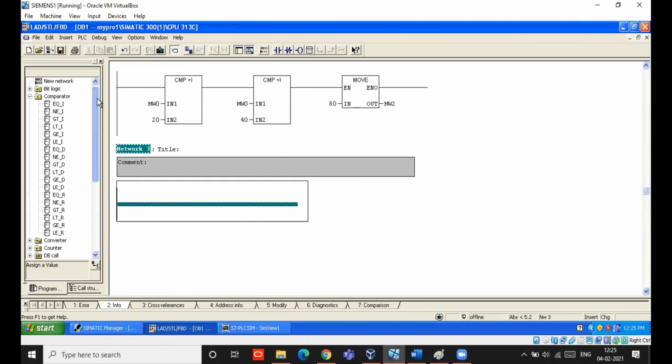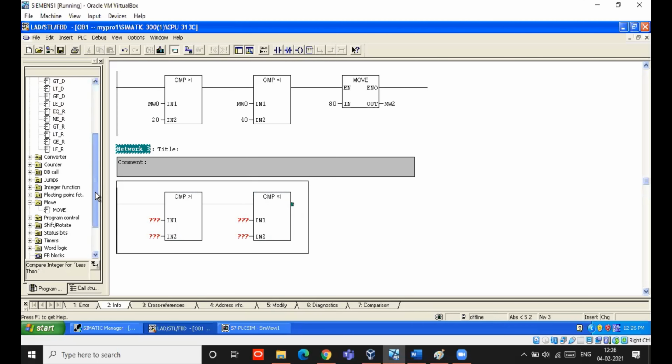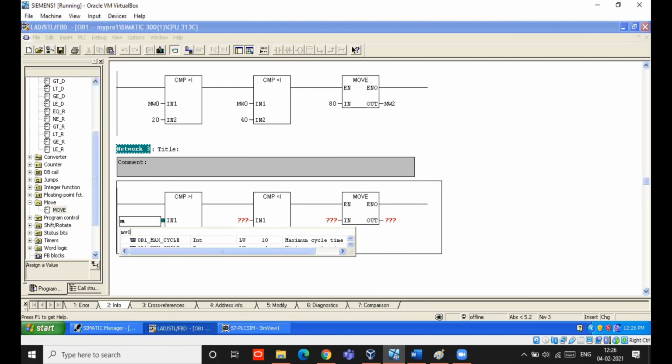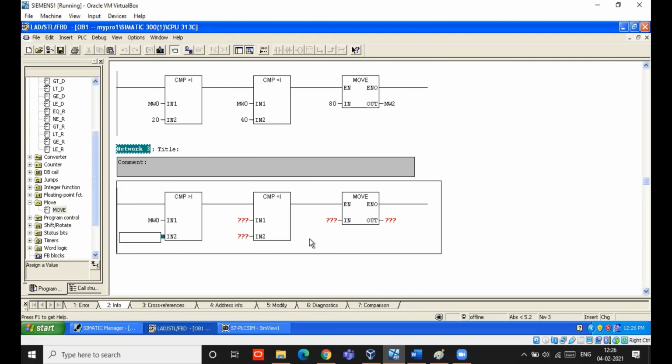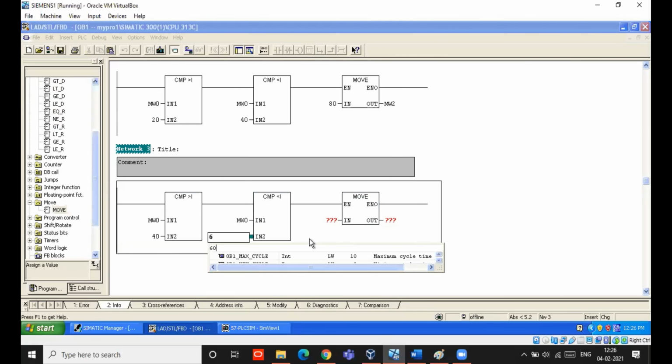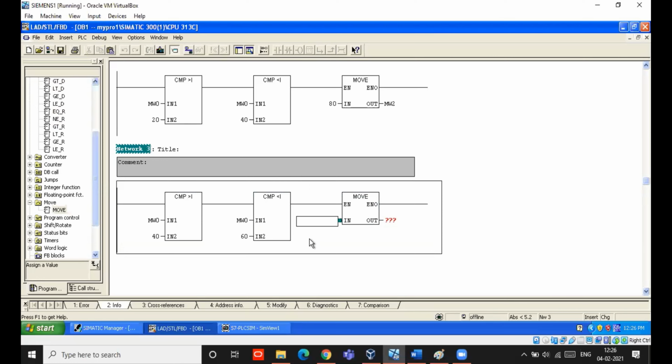Now same block, same like this. I need greater than and less than block connected to a move block. See here I am giving MW0 and here I am giving 40 to 60, right? So here I need 50% open.